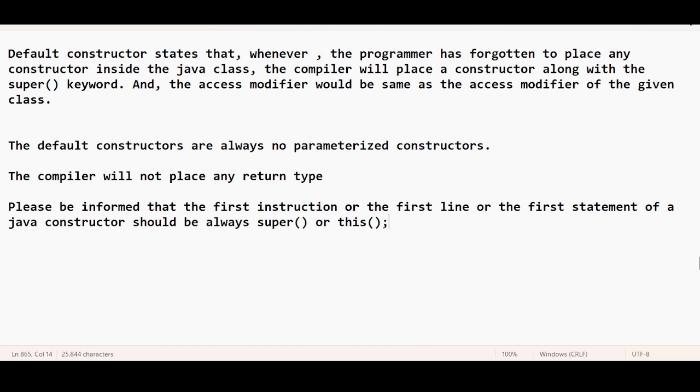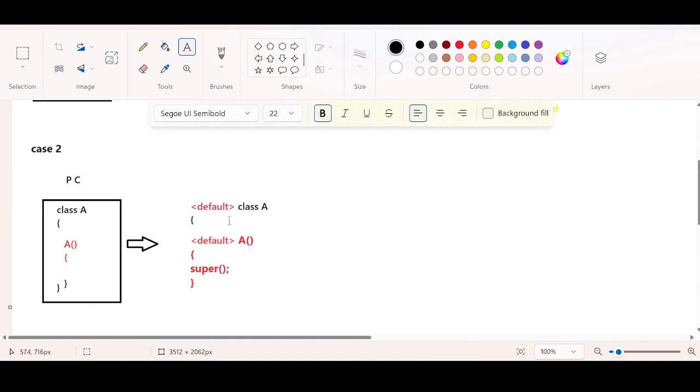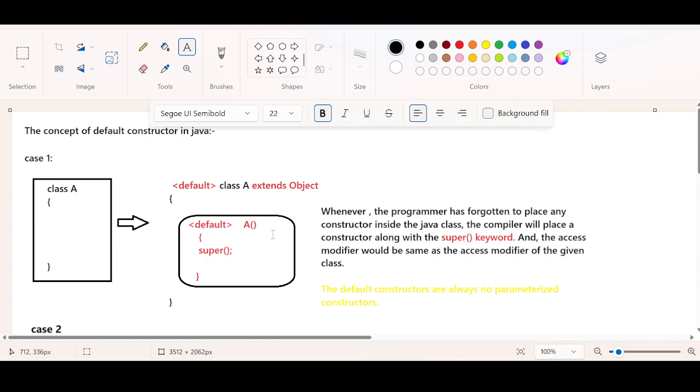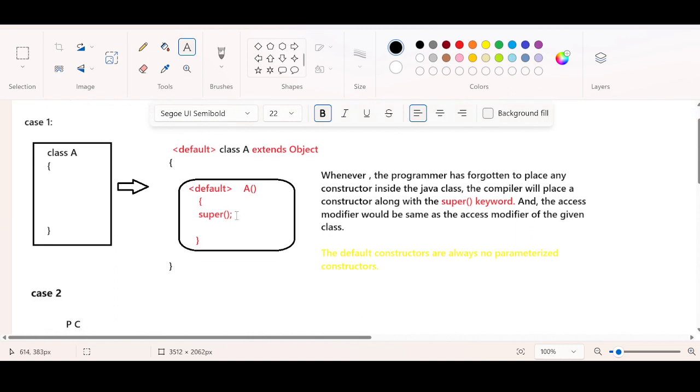Okay, so now I am introducing one more keyword, the this keyword. Don't get any tension or confusion, I will tell you what the this keyword is. So this is the rule, and so far we are good with the rules. If you don't place any constructor, one will be placed by the compiler. That constructor is called the default constructor. When the default constructor is placed by the compiler, the access modifier will be assumed similar to the access modifier of the class. Third, the super keyword will be placed by the compiler. The first instruction in a constructor should always be the super keyword